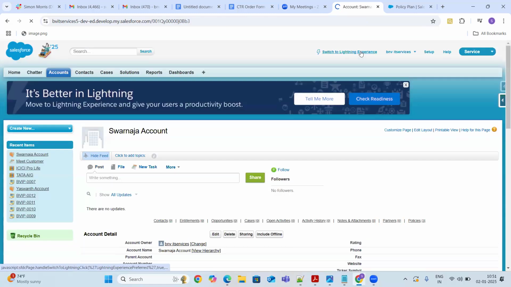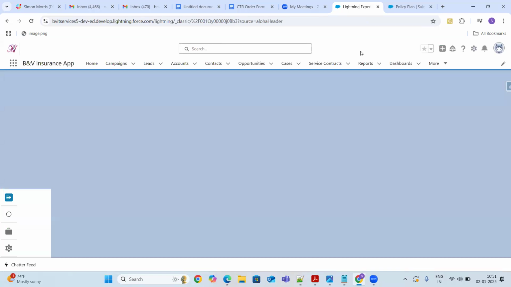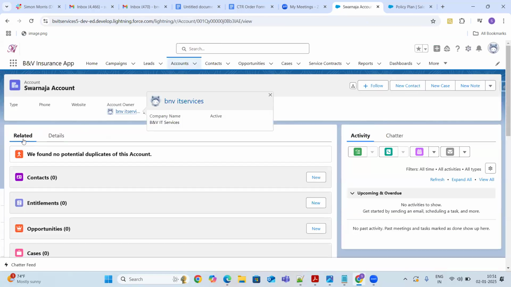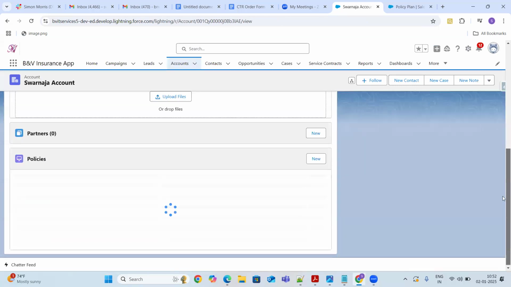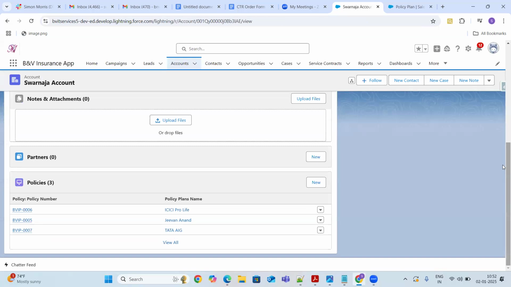Switch to Lightning Experience. Now if I open up my account, from my account, I can see what are the different policies I have taken. So I'm part of ICICI, Jeevan Anand and Tata AIG.